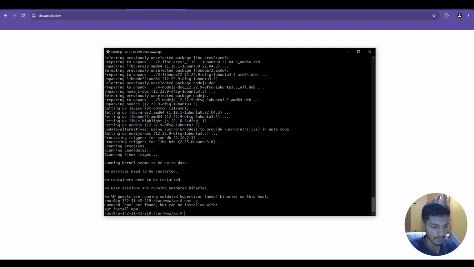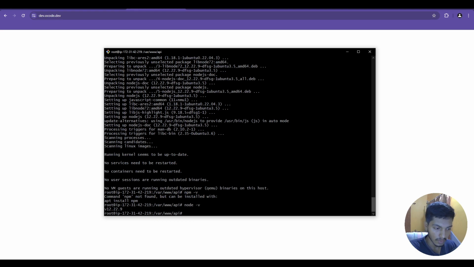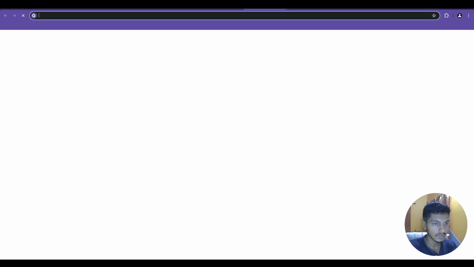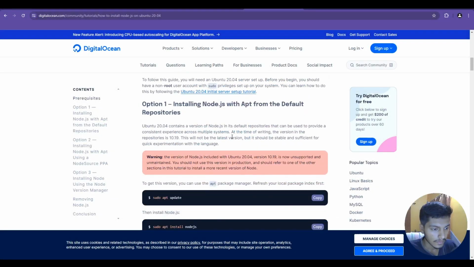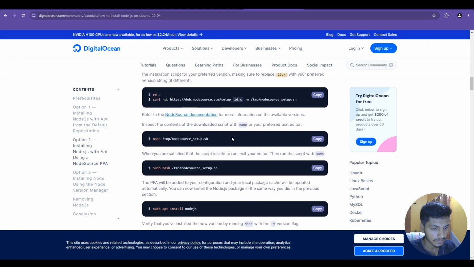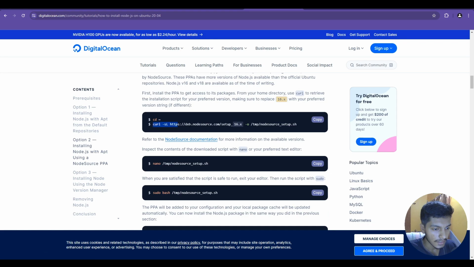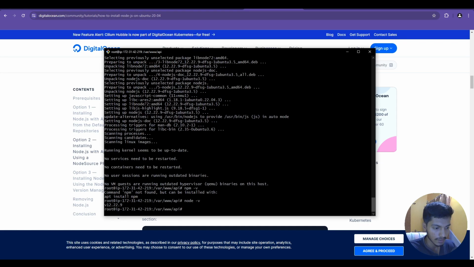Let's do npm -v. Okay, npm not found. node -v. Node is installed, but npm is not installed. Okay, we also have this Node version, so we have to install this. Install NodeJS on Ubuntu. Okay, let's see. Okay, I found it. I needed this syntax actually, the URL, so I'll get back here and simply paste this, and let's save this in the temp directory